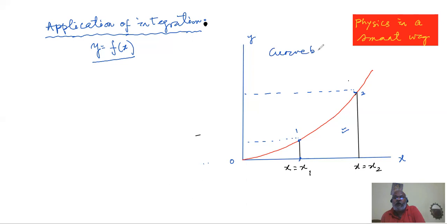This is a curve-bound area. In your school-level mathematics, you have taken some curve-bound areas, but mostly your discussion was confined to a circle, and here it is not a circle. Otherwise, you are confined to straight-line-bound areas. That topic is mensuration: rectangle, square, circle, circular sector, all those things. So these types of areas we have not encountered before, and now our job is to find the areas.